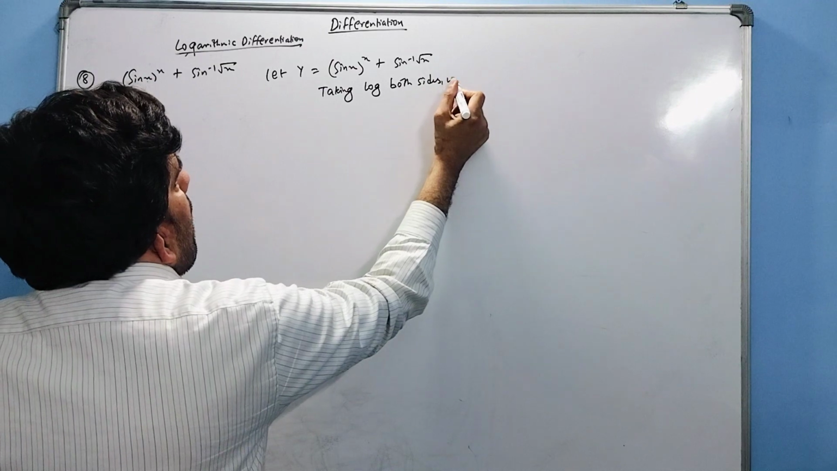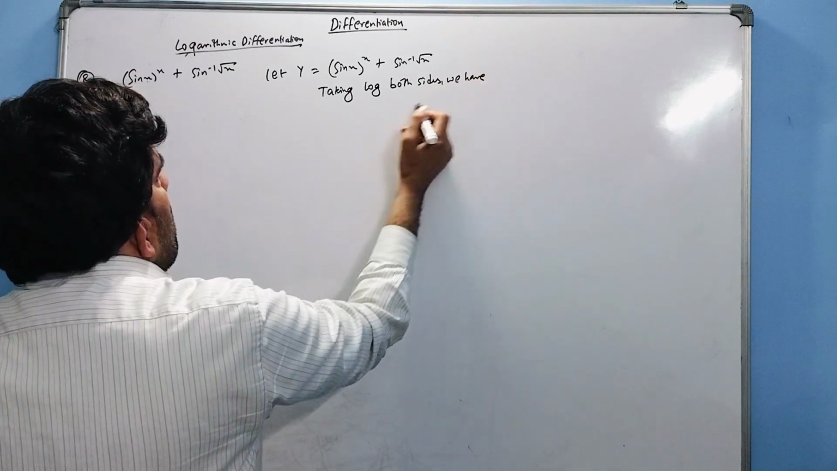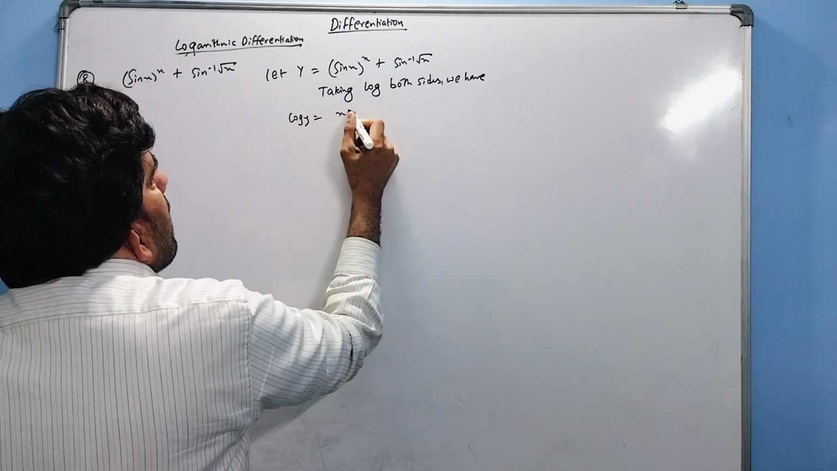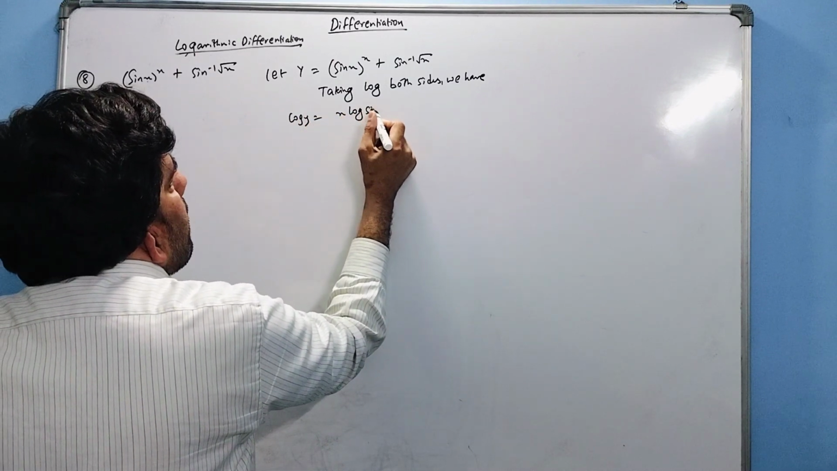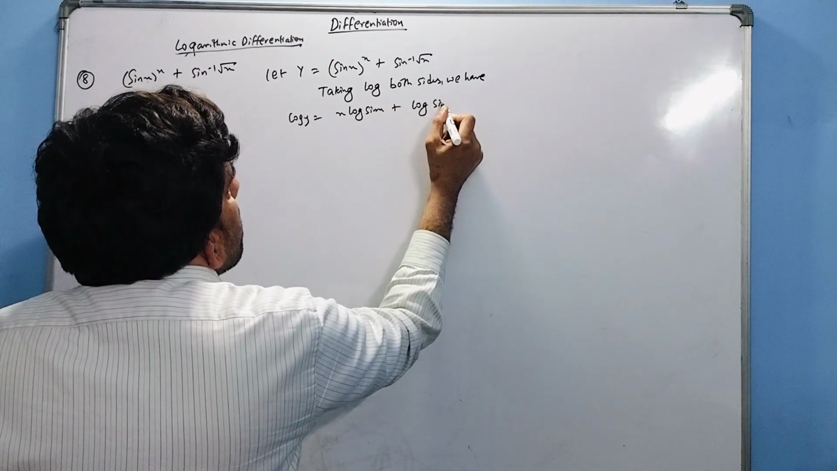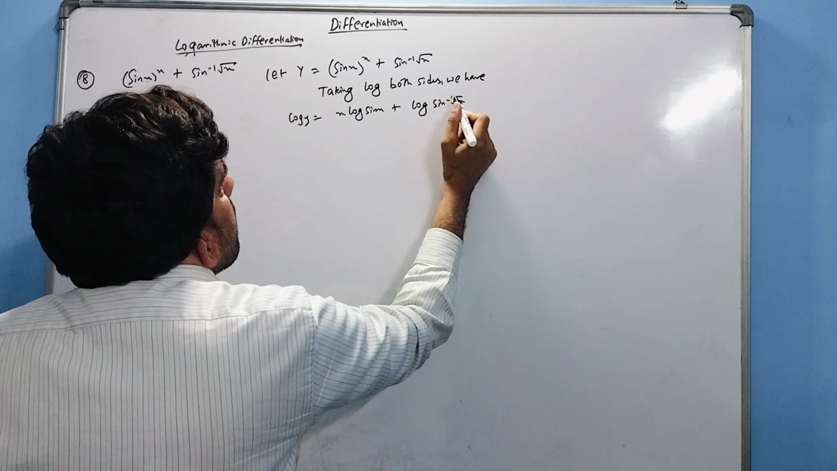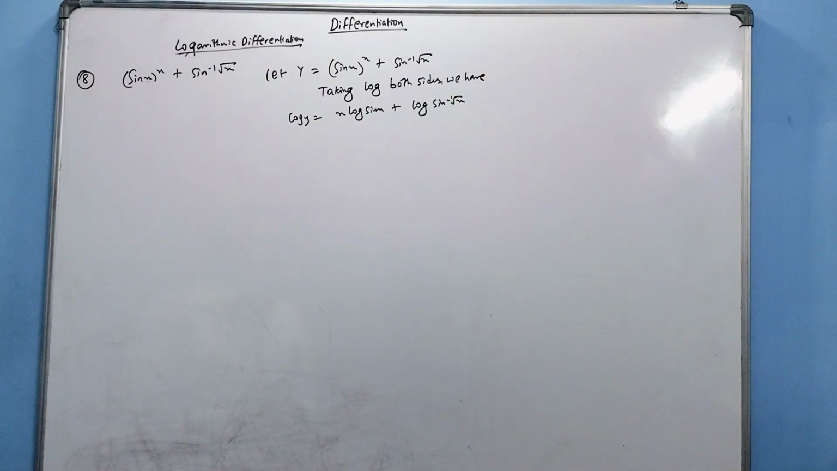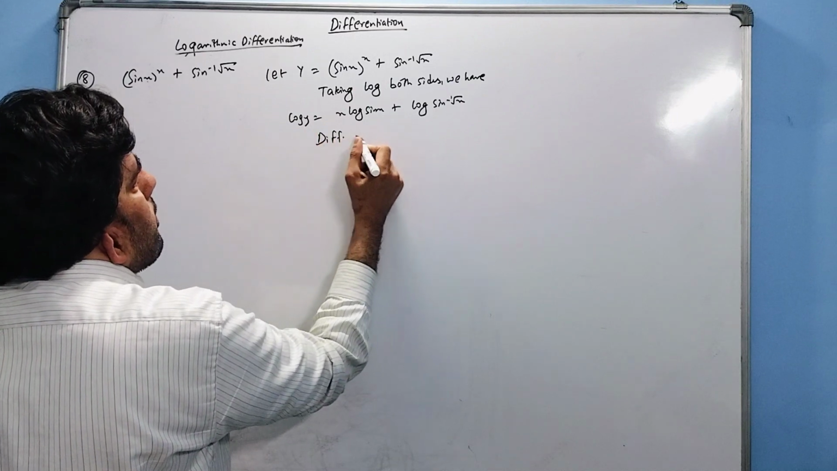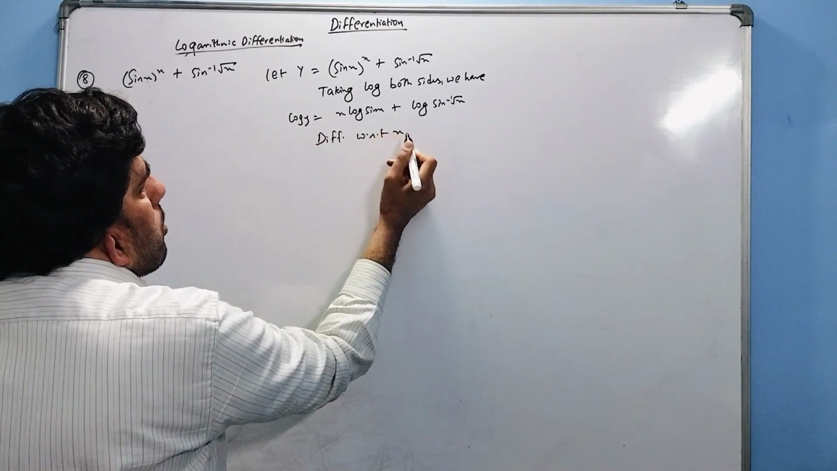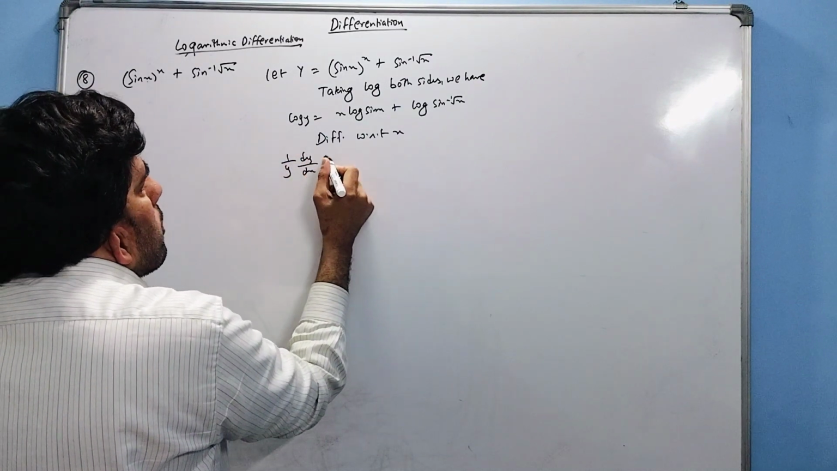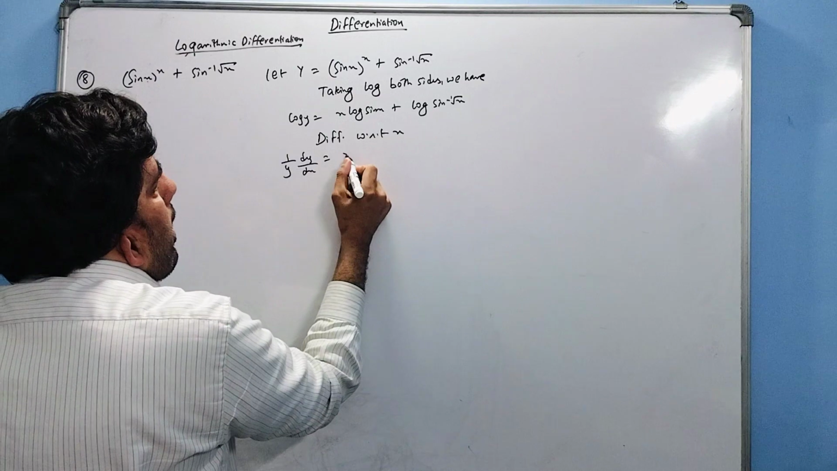So we have log of y is equal to x into log of sin x plus log of sin inverse root x. Okay, now let's try to differentiate it. Differentiating with respect to x, so we have 1 upon y dy upon dx is equal to,